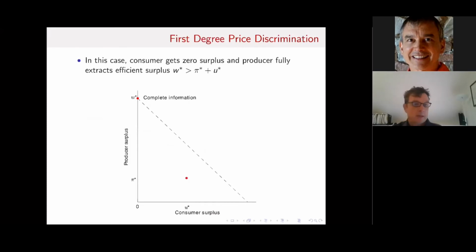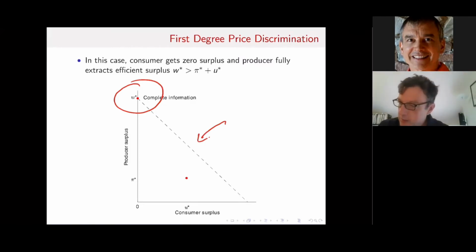So we are therefore getting a second red dot that is now sitting on the y-axis and indicated by y star here. And that lands on the 45-degree line, which marks the sum of the efficient producer and consumer surplus. Clearly an outcome that is much preferred by the producer because it gives us a higher surplus, and one that leaves the consumer with no net surplus.